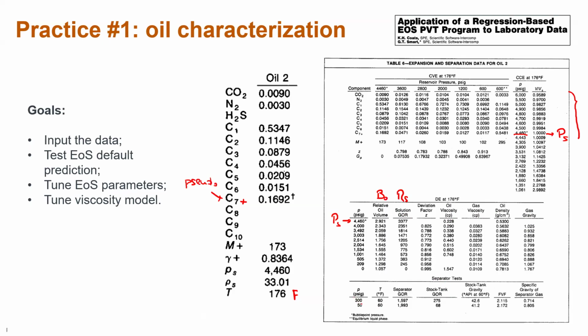Take a look at the pressure level in this case. In this case, the pressure is much lower than in this case because it reproduces surface conditions. The pressure here is 300 psi, while the pressure here is higher than 4,000 psi. Those conditions are reservoir conditions, and these conditions are surface conditions. And the temperature is very low as well. So here we are dealing with